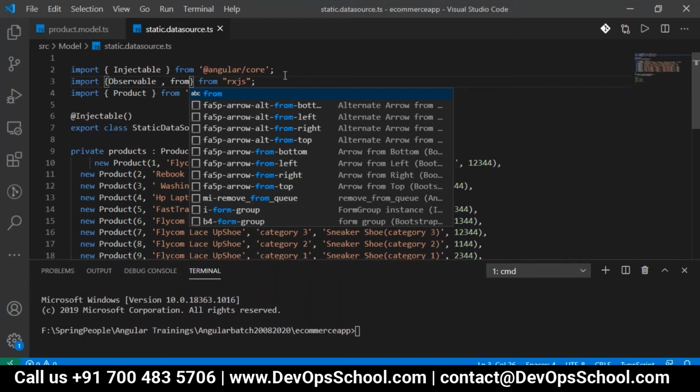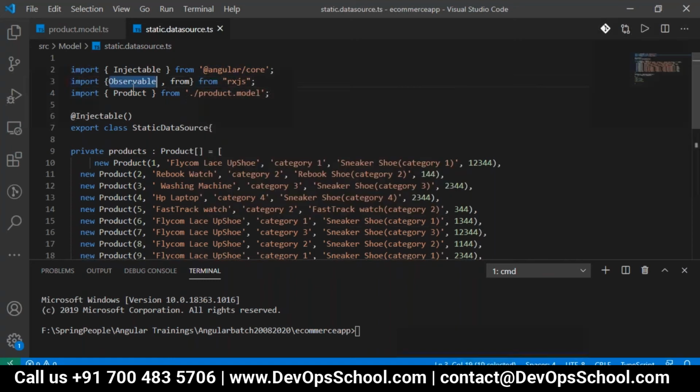First the data will be observed, then you have to subscribe to get it. Without subscribe, you cannot get it. Observable is basically the asynchronous pattern. We have the observable and an observer. It observes and then we have to subscribe to it.